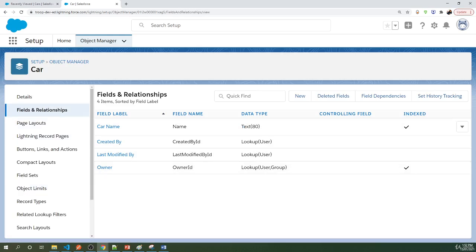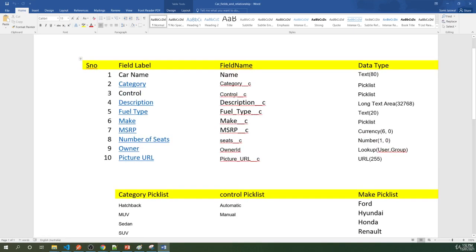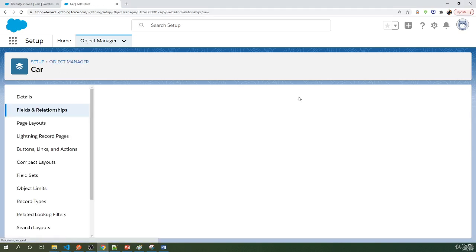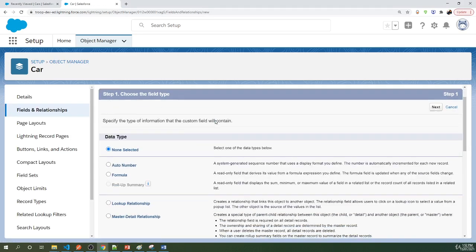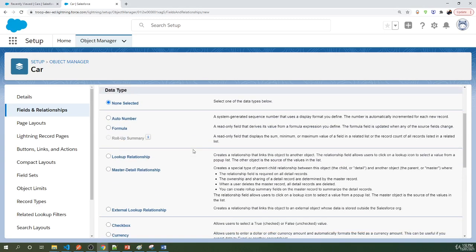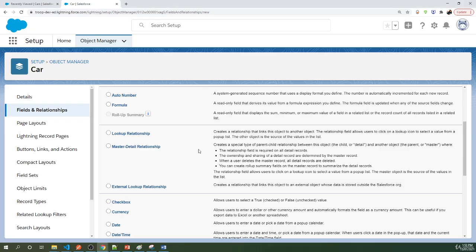So if we look into the document that we have just downloaded, let me zoom in. Here the car name is already created. So the next one we're going to create is the category, and that is a pick list. So let's go and create a new field here. Select New, and it will ask us the data type for this particular field. It's a pick list, as I've already given the data type. So let's select pick list here,